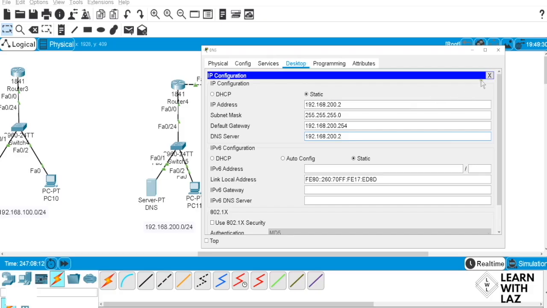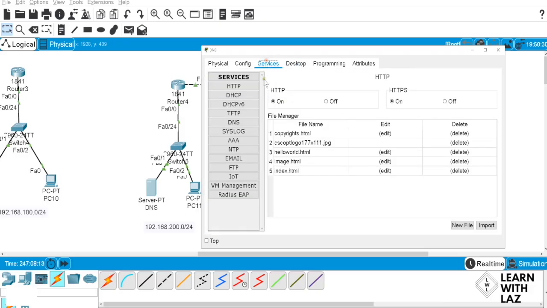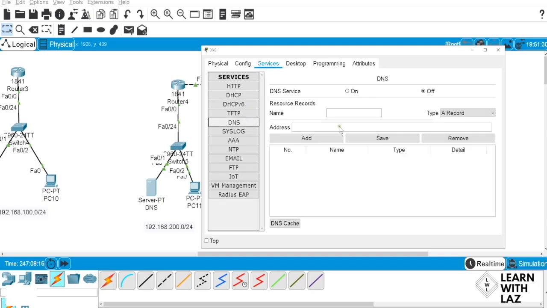How about that? So just to make it a little bit more fun, I'm going to go to DNS in here. I'm going to create a host record, but by no stretch of the imagination is this anywhere near how you do it in a real DNS server. But hey, I'm going to say globed.net, and then the IP address is 192.168.200.2, and I'm going to add that. Don't forget to turn it on.